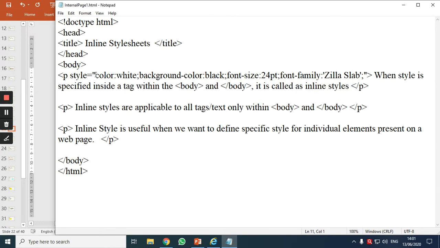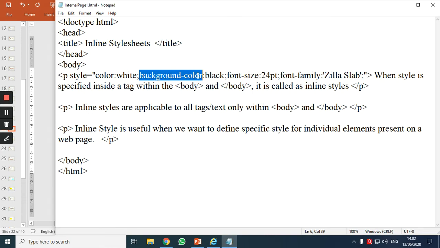Here, this is my first declaration block terminated by semicolon. My second declaration block terminated by semicolon. Third declaration block. Fourth declaration block terminated by semicolon. The first declaration block had a property called color. And color is a single word. Okay. Observe the second declaration block. It had a property called background dash color. And background and color are two words.